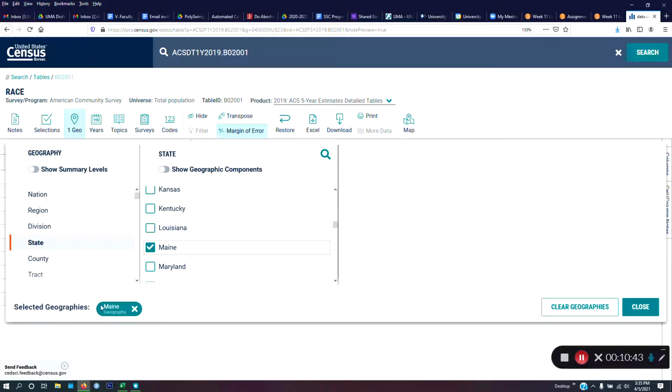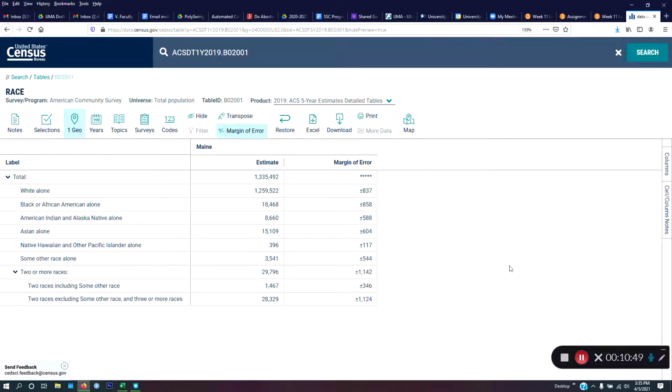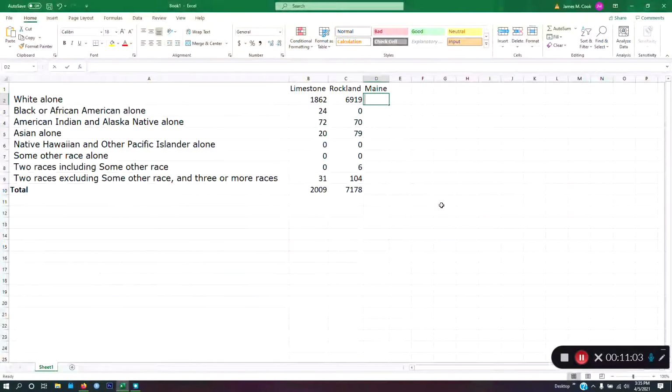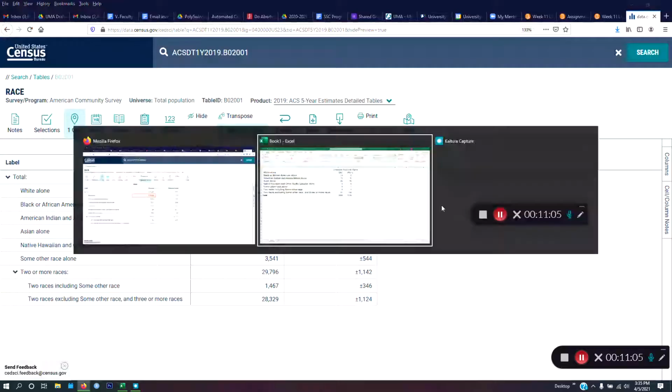And then I see that's the only geography I've listed. Good, so I'm going to hit close. And I have that total and this series of particular counts for particular racial categories below. So I can go and I can type in